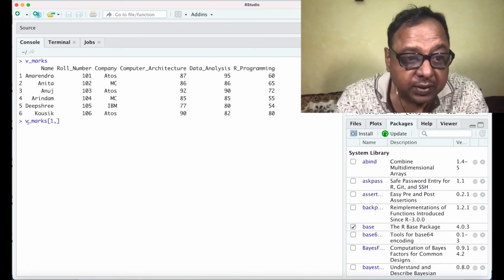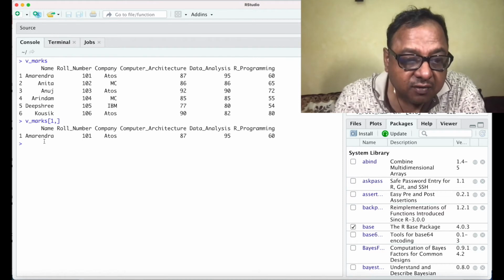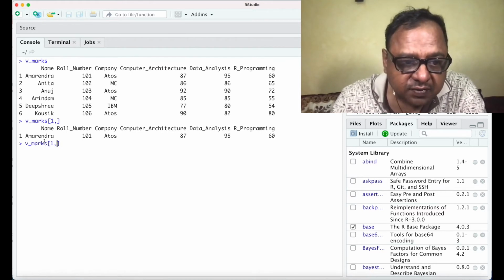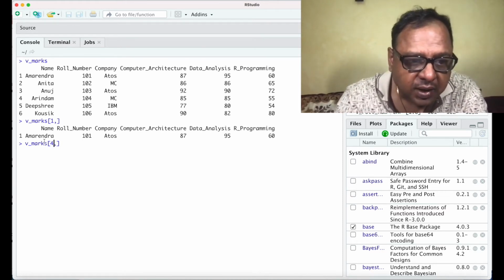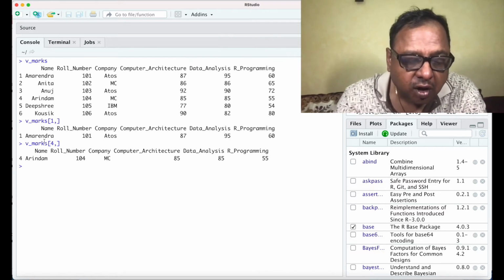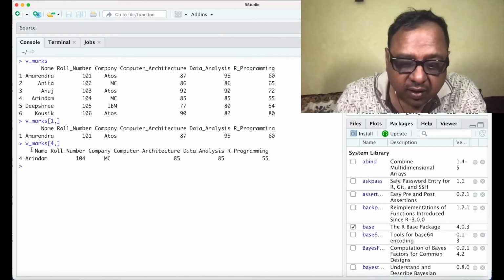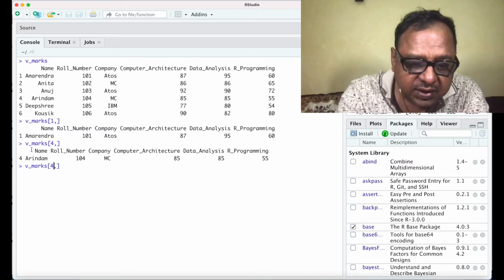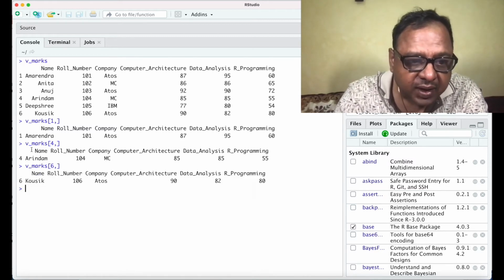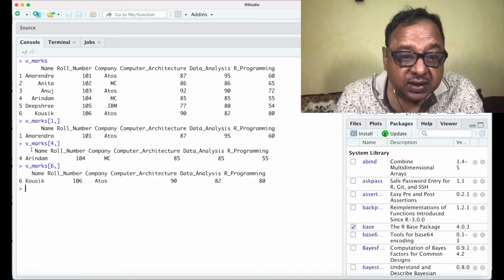So if you do that, it gives me the first record. I could do this for any other record also. So I could say 4 comma and this gives me the 4th record, or for that matter I could say 6 comma and this gives me the 6th record.